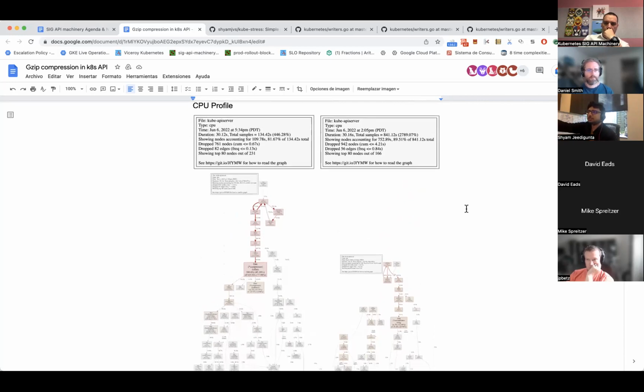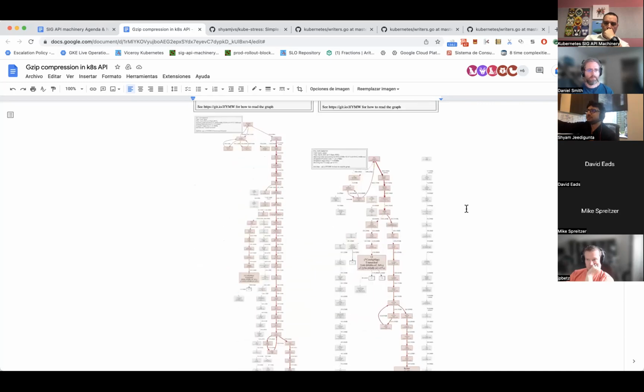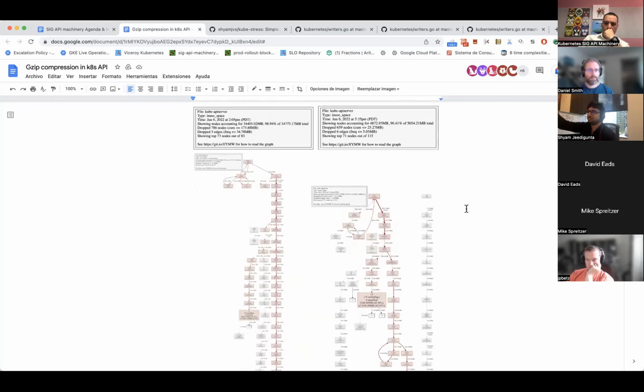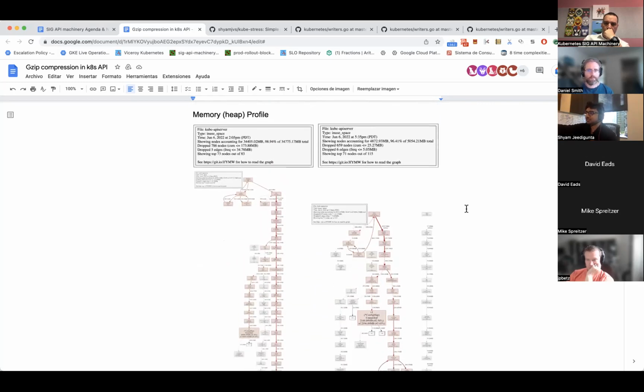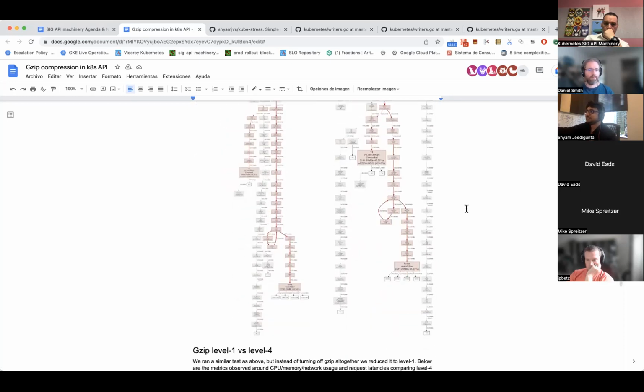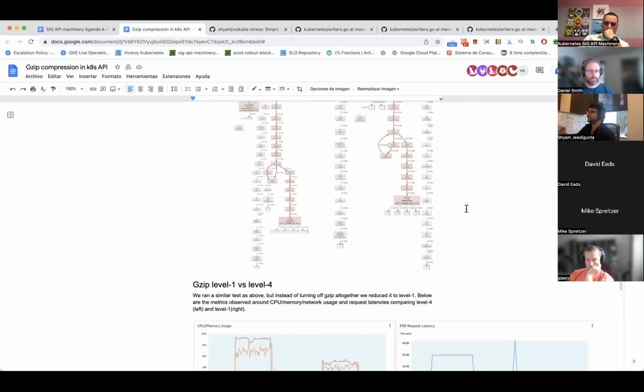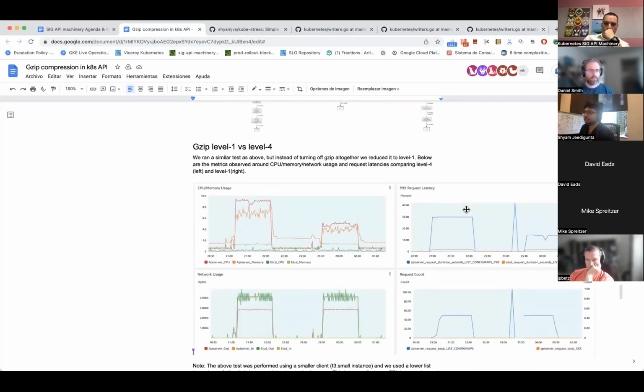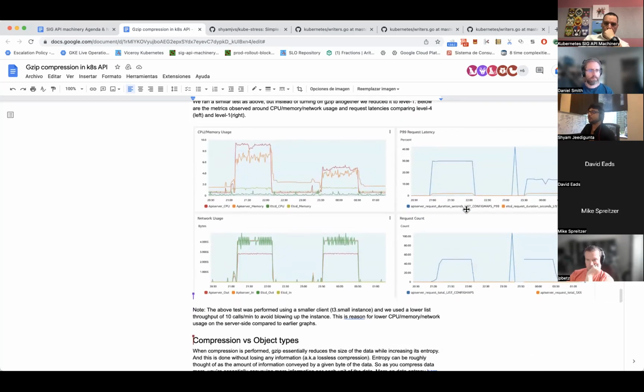So I think we can skip past the CPU profile. The CPU profile, mainly what I wanted to show is that big block of flate compressor is actually taking up a lot of cycles. And for memory, you can see that it's roughly the same with and without. Only thing is the overall, it's bulged by a factor. So this is gzip level 1 versus 4. And here also you can see almost 2x drop in CPU and memory just by going from level 4